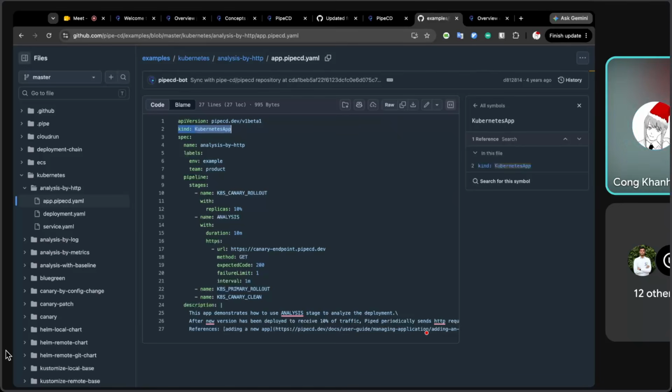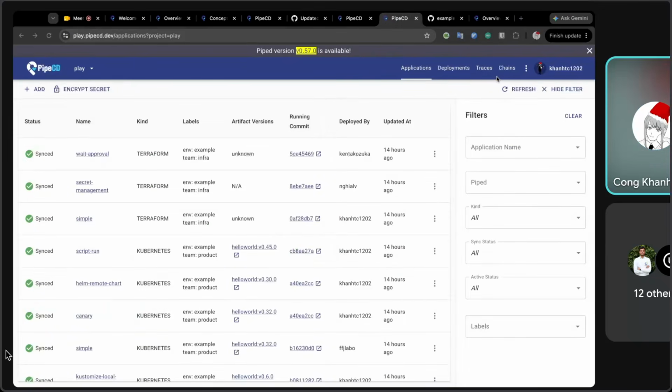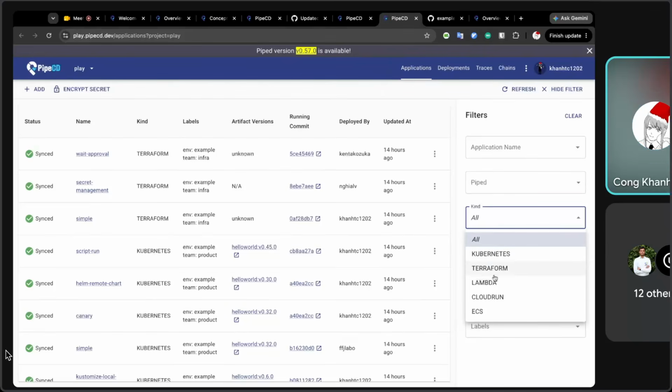We need to update in order to fit with the new PipeCD goal. Also, you may see here we have things like filter. You see here that we have guide, Kubernetes, Terraform, Lambda, Cloud and ECS. The guide here is one of the core